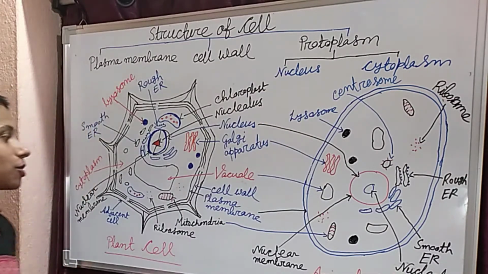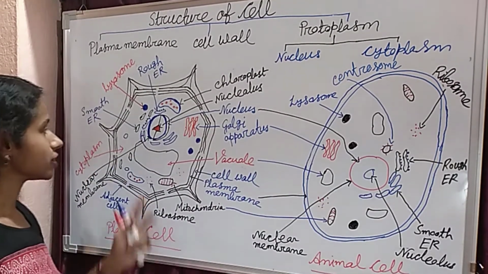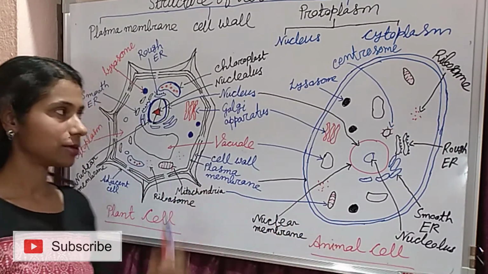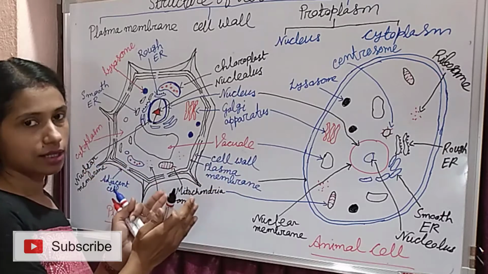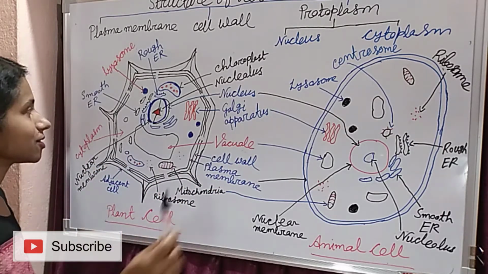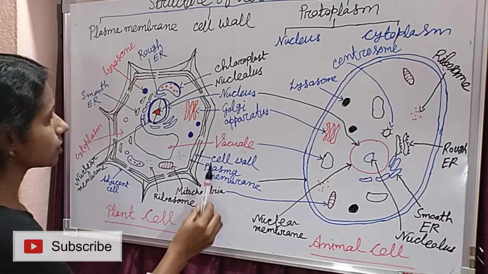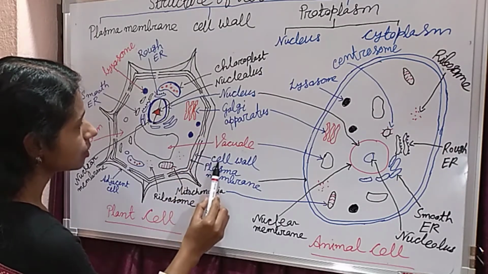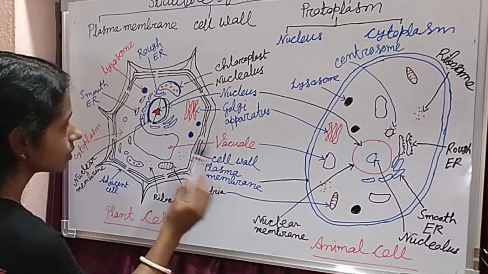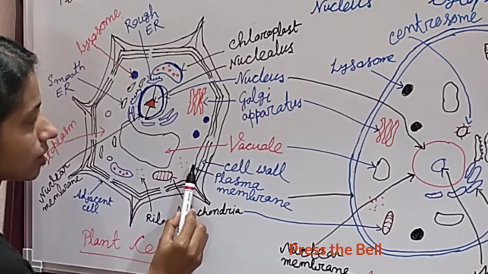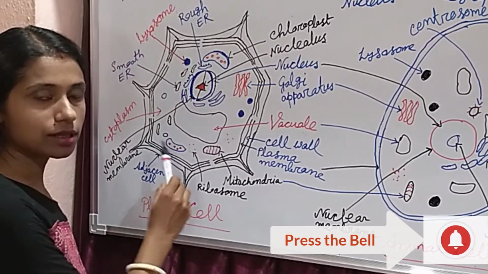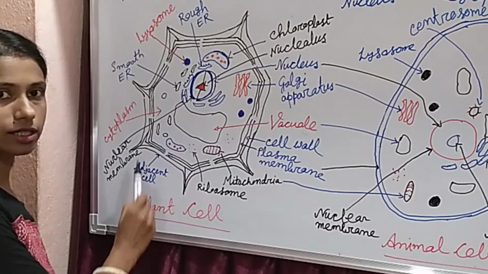Okay. So now come to the basic point. First we will discuss the plant cell, then we are going to discuss the animal cell. Organelles present in plant and animal cells are almost the same. So let's start. See here, in the plant cell, the cell wall is present. This is the cell wall. Then inside the cell wall the plasma membrane is present. And here you can see the adjacent cell, meaning the cell present nearby.